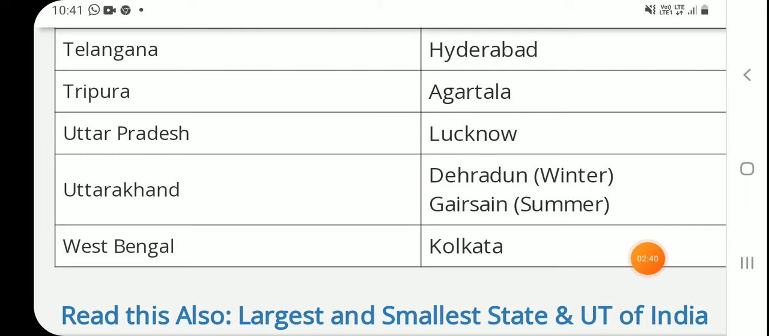And last, West Bengal, Kolkata. West Bengal's capital is Kolkata. So we have seen today the capitals of states,